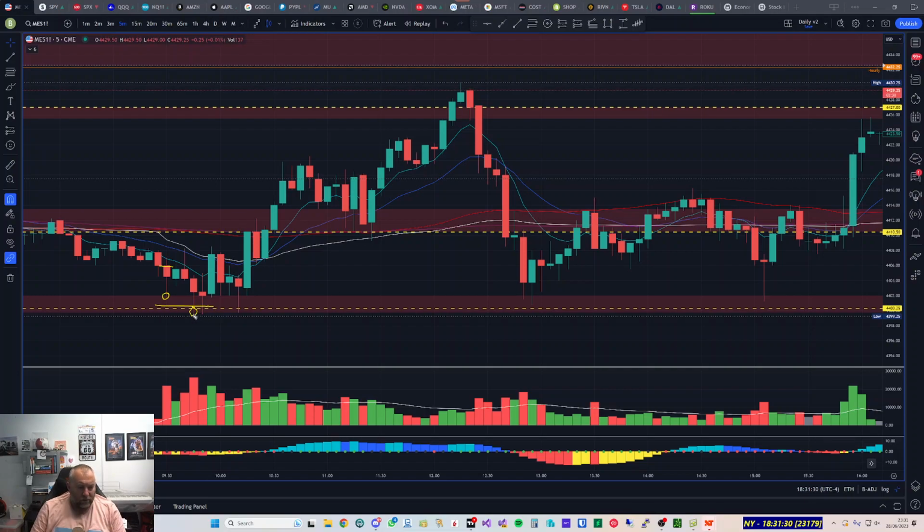I had an average price of just over 4400. I think my add was better than 4400, and because I was only scalping, I took profit at the VWAP, and then the market pulled back again, so I took another